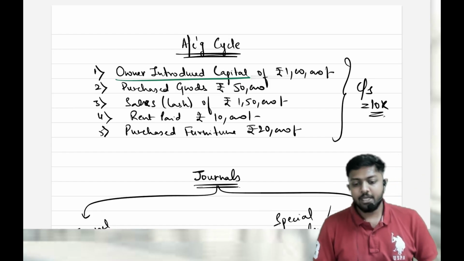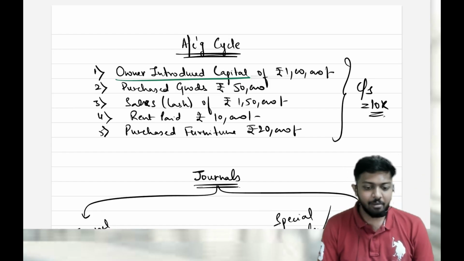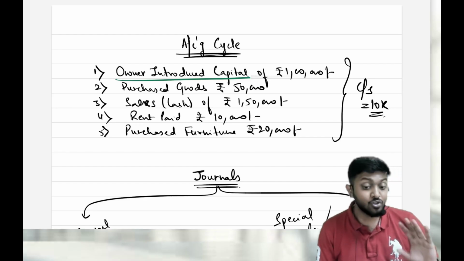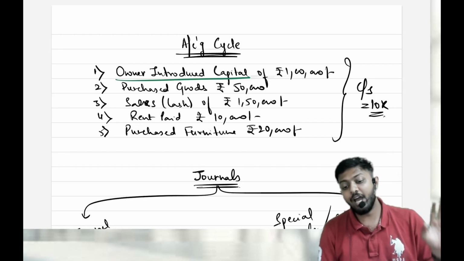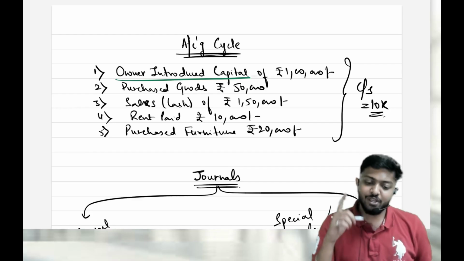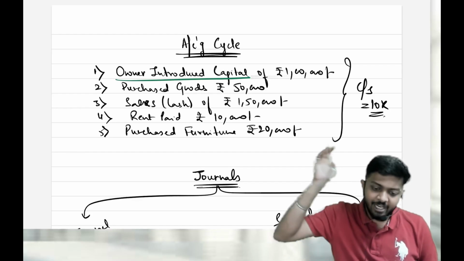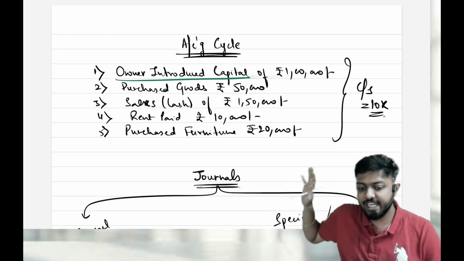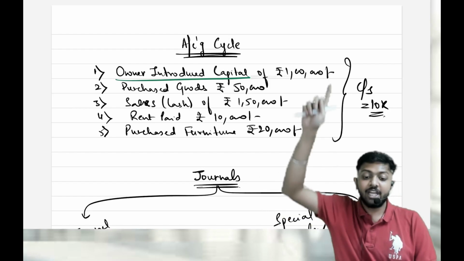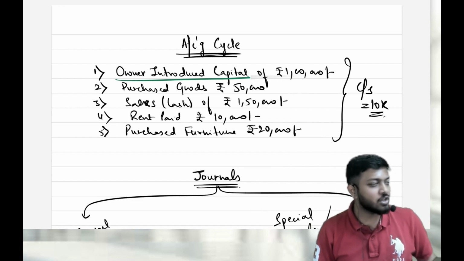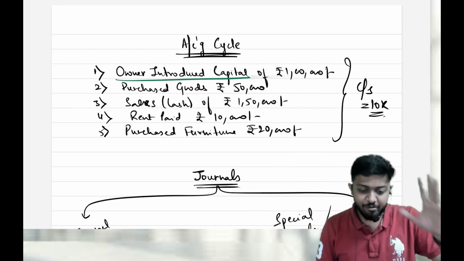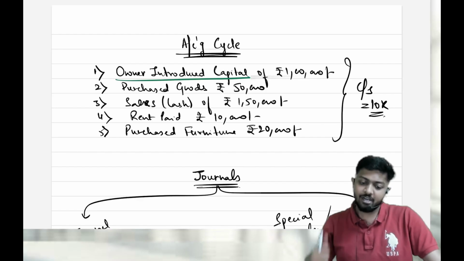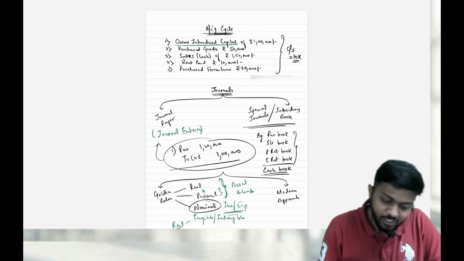Because closing stock will not automatically come in books of accounts, whenever inflow or outflow of goods is happening, we are recording it via purchase account or sales account. Closing stock for the first time comes in trading account only. So I'll directly go down, count and see there is 10k, and directly incorporate it in a closing entry. The closing entry is closing stock account debit to trading account. If you remember, you remember. Remember? Good. So closing stock is 10k.